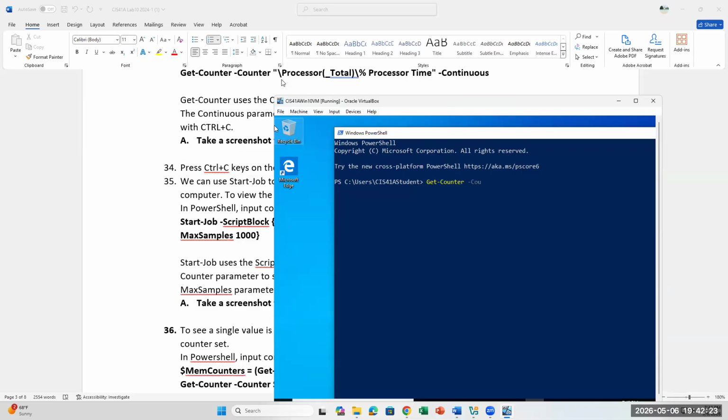Every time that you see a hyphen or a dash, that indicates the next element to that command, like an option. So we're going to pull the counter list, like what you did earlier in Performance Monitor, right? This is the same way that we use Performance Monitor for some of the counters. We're going to pull processor information, underscore total,